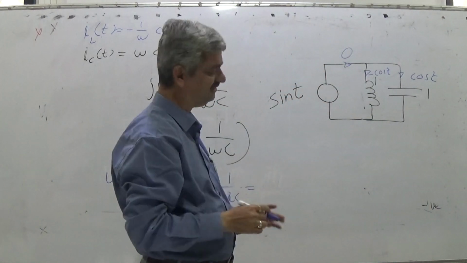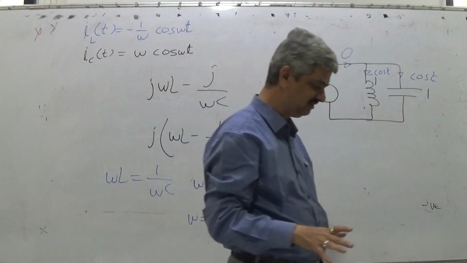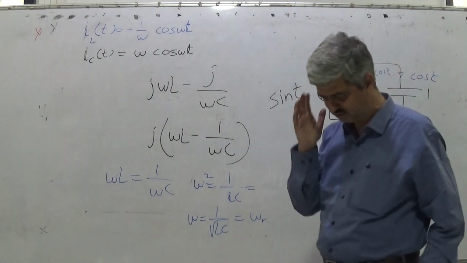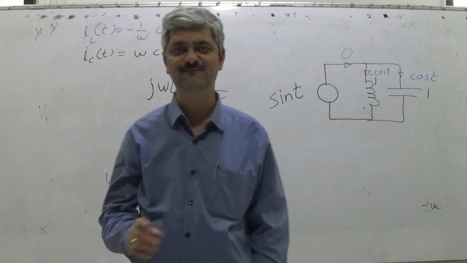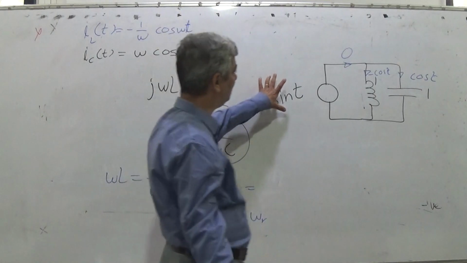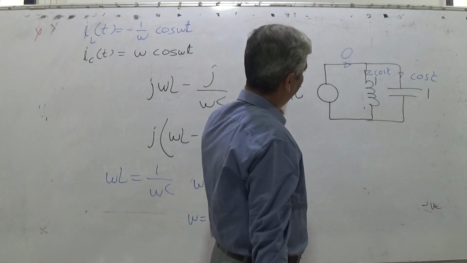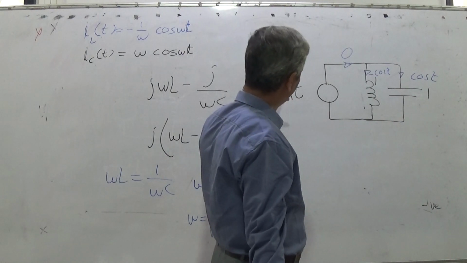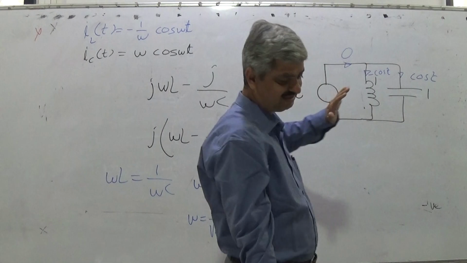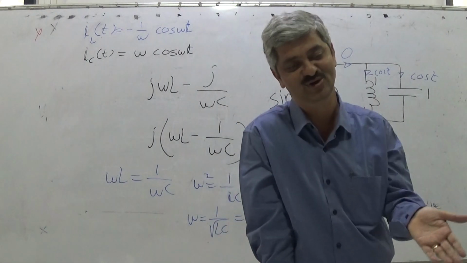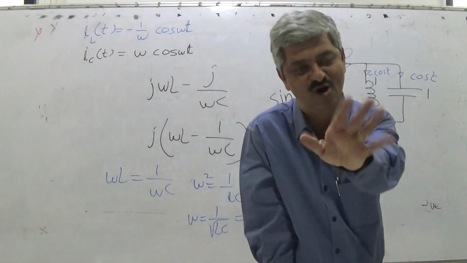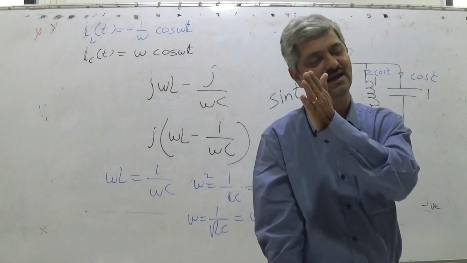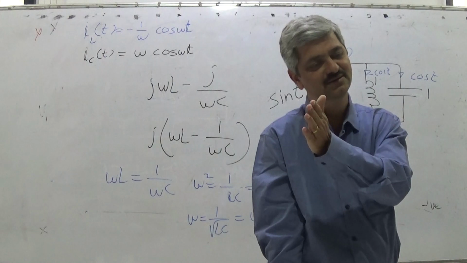So if net current is... this is a very interesting question. I would like to appeal to everybody to think about it. Suppose I connect this. The moment at which I connect this, it is not sin t, because I am connecting at some point. But right now you ignore that, you can assume that I connect it and allow it.